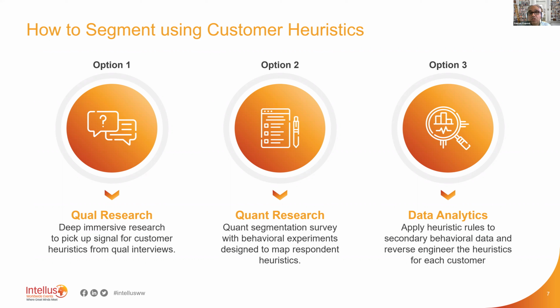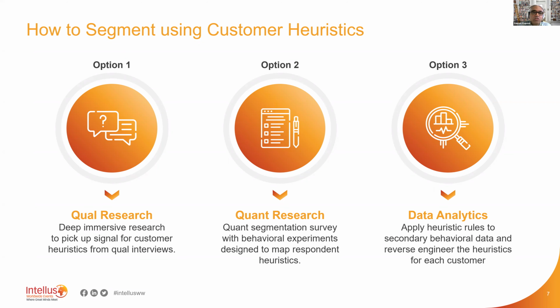The respondent either doesn't know they're using a heuristic, or, if the heuristic is a bias (not all heuristics are biases), the respondent doesn't want to admit to using a bias to make decisions. So you have to cleverly disguise your survey or interview questions to get respondents to kind of admit to it in the form of market research. We'll show you exactly how that's done in either setting, qual or quant.